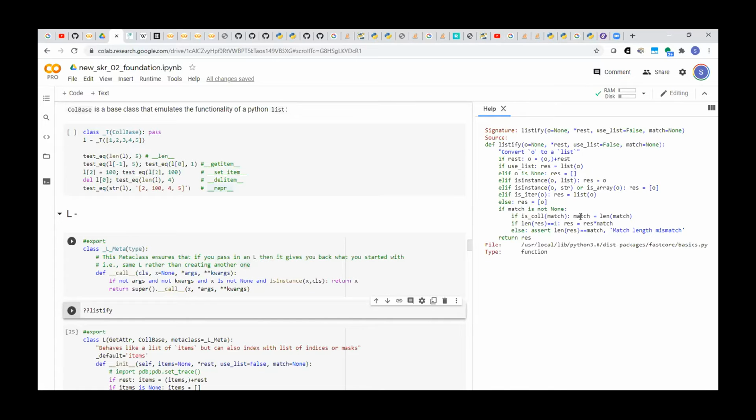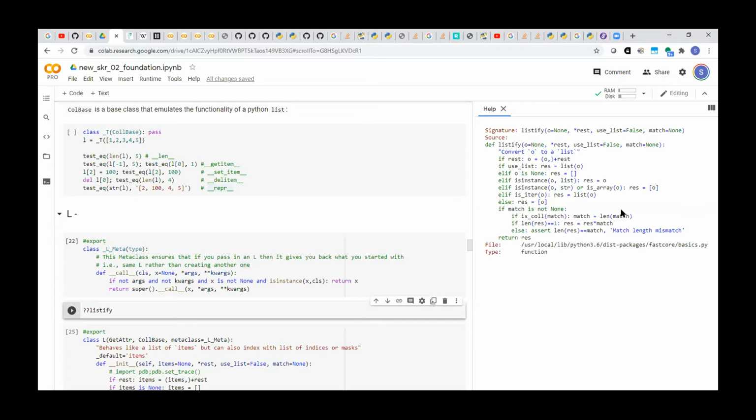Okay, so you see what's happening here. What you give as match is typically something which has a length that you want this to be stretched out to. So if you provide an array, it's simple length, so it will only do the length part. So if you provide a single value, let's say, and you provide this to be length of, I don't know, 25, then